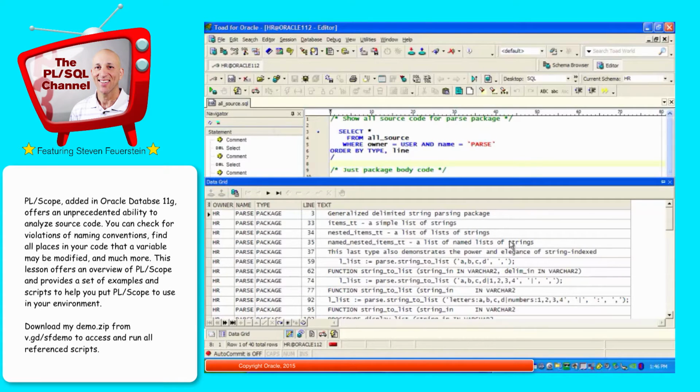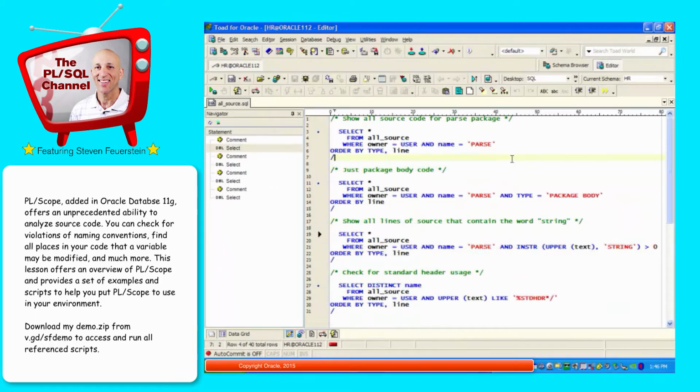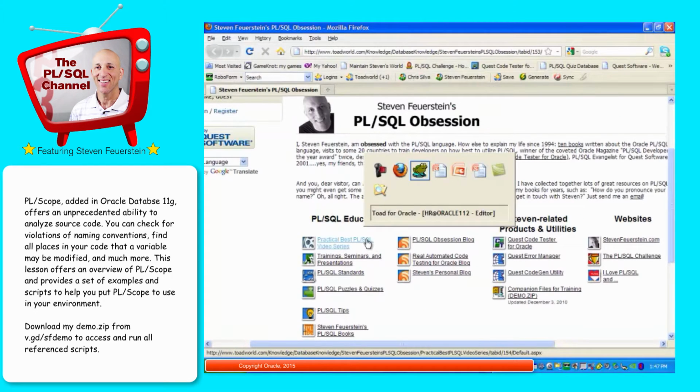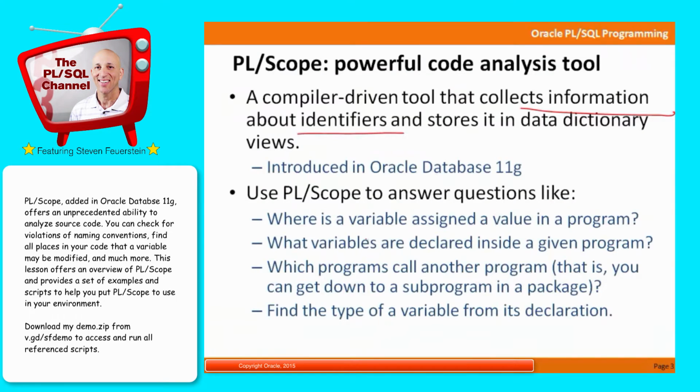And of course, if I know regular expressions and want to do much more complex analysis, I can do that right from the ALL_SOURCE data dictionary view. The problem with ALL_SOURCE is that it's unformatted text. It's just free-form text. And it makes it hard to ask or get answers to more interesting questions like, where is a variable assigned a value? I can find all the places where the variable appears in my code, but how can I tell how it's used